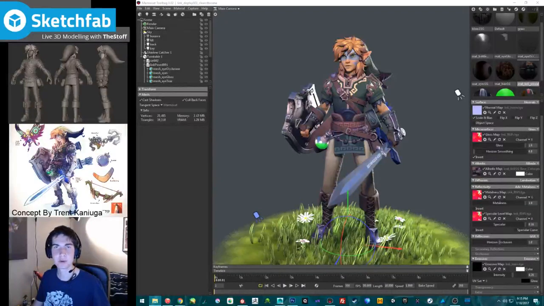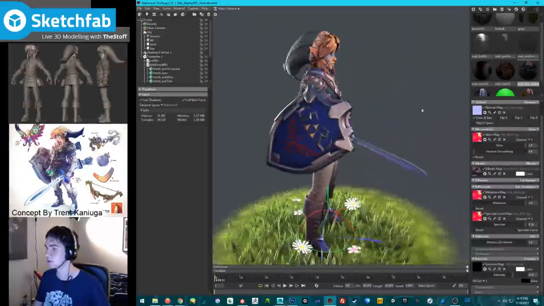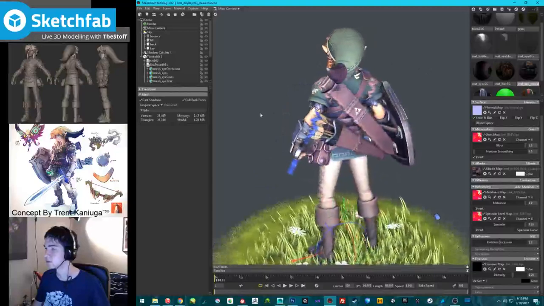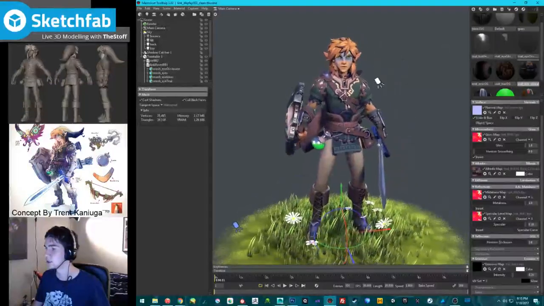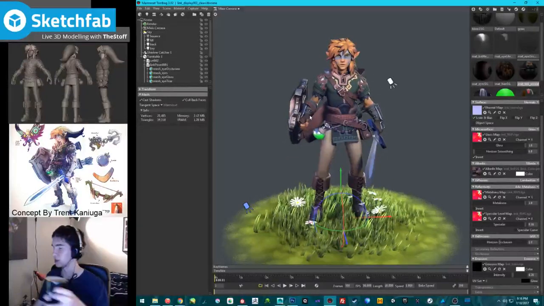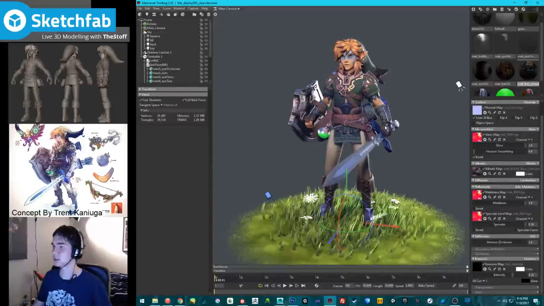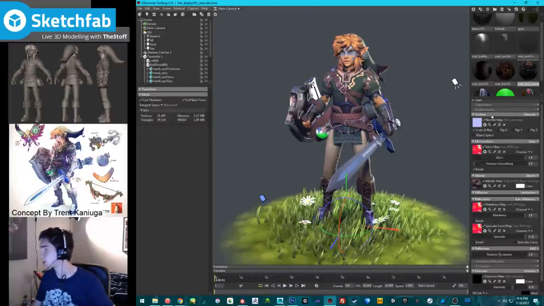There we go. Cool. Alright, I think that's pretty decent. It's gonna be hard to get it to look quite as good in Unreal. I guess it might just be because I don't know how to use Unreal properly, but ah well. Alright, so now this guy is all good to go.